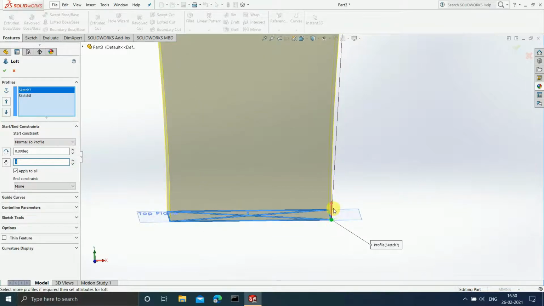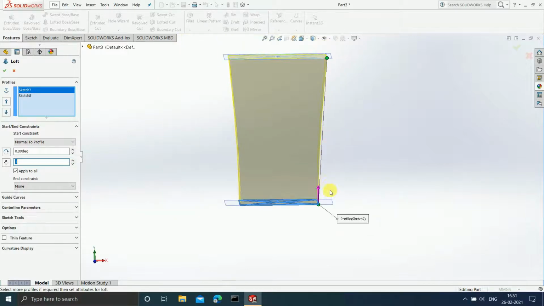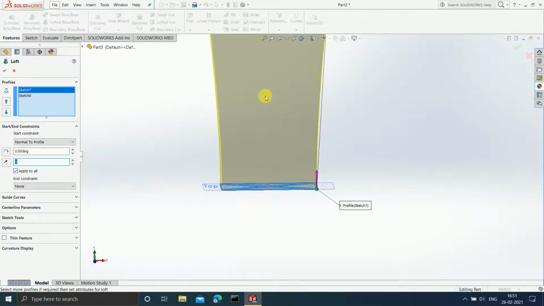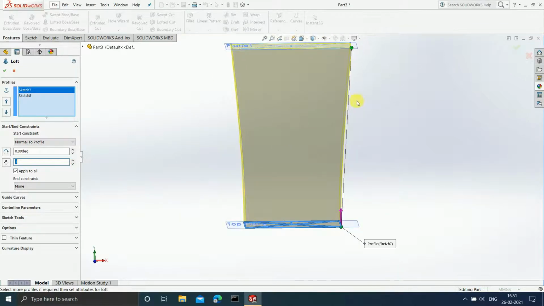Can you see, initially it is straight and then it forms a curve. At the bottom it is straight and then it forms a curve. So at the start it is going to remain normal. My bad, not tangential, it will remain normal. In the start it is perpendicular, and then it is going to form a curved path.